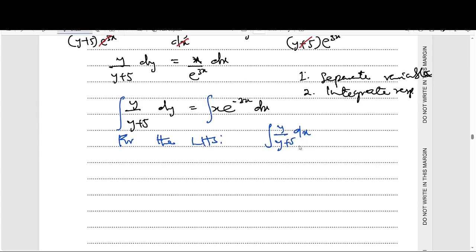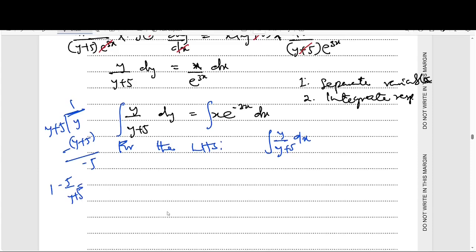You can decide to do a long division. Write your y plus 5 here, and then y inside. So 1 here, y plus 5, and then you have negative 5 as a remainder. It means that we can write y over y plus 5 as 1 minus 5 over y plus 5. That's one way, and then we do our integration. I'm going to write that over here. You may want to show this on your paper. That's also fine. So this is the same as 1 minus 5 over y plus 5, and then dy,